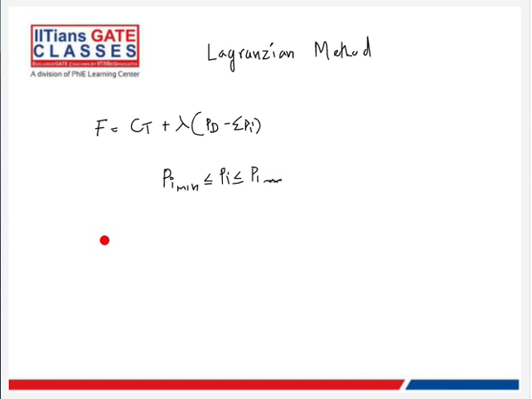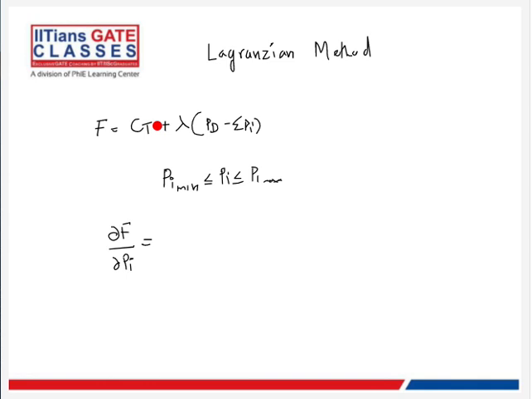Right. So this term should ideally be 0, right? When you are done with optimization, this term will become 0, right? This part will always be 0 if your solution is correct. So that is why we have put this in our function. So the approach of finding this will be to take dou f. The Lagrangian approach will be taking dou f by dou pi. Right? So how many such equations will we have? Since we have n generators, we have to do this for n equations, right? So you will get it as,